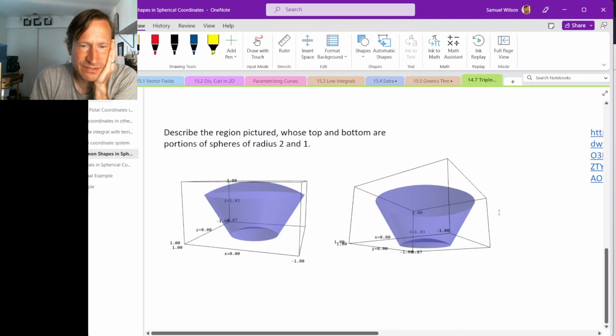Okay, so let's describe this region using spherical coordinates. So the positive z-axis comes out of the origin and goes straight up like this, right? So for phi, we have to ask ourselves, what angles down from the positive z-axis does this region touch? Well, since the z-axis goes through this region,